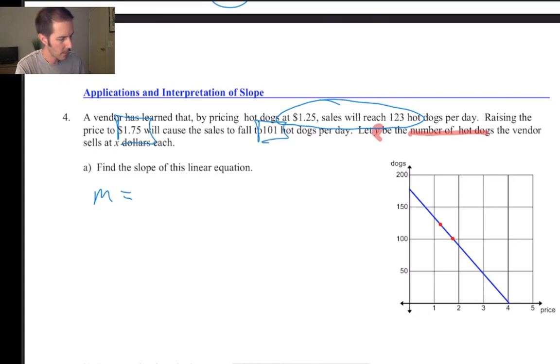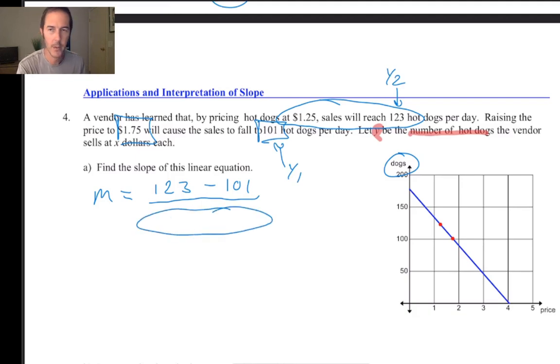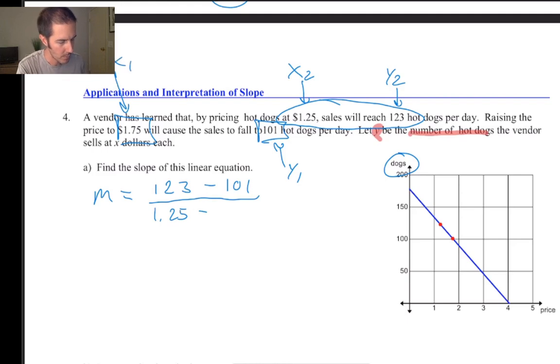So I'm going to take number of dogs as my y values. That goes in my numerator. So I'm going to do 123 minus 101. And then we have to make sure that because this was essentially y2, and this was y1, we need to make sure that the numbers that we put in our denominator appear in the same order. So that means that the $1.25 is x2, so we'll put the 1.25 here, minus, excuse me, x1, which is $1.75,